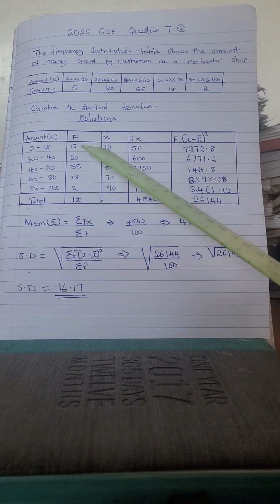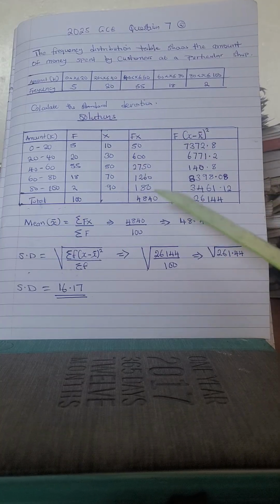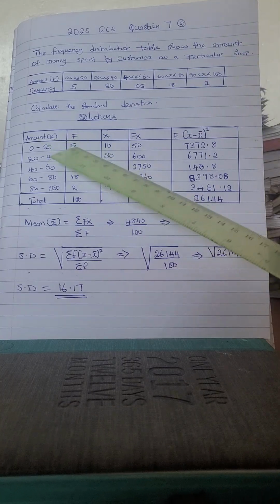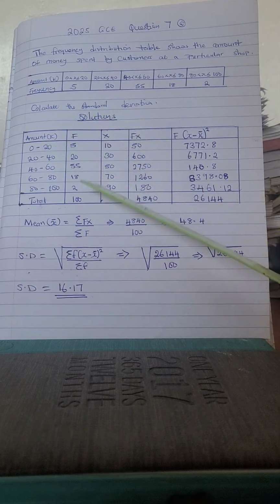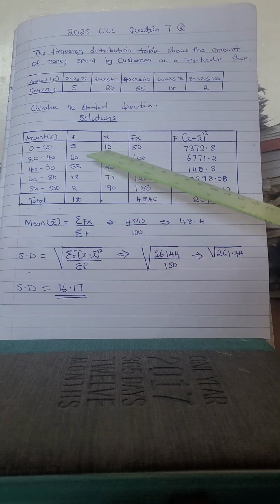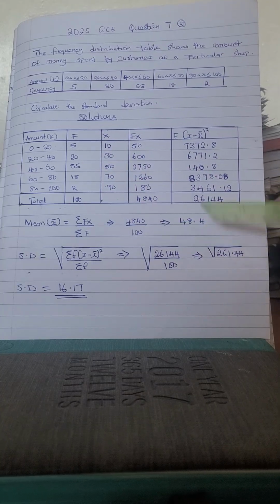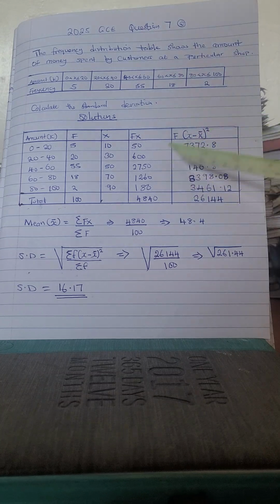After open bracket you write 10 minus x bar is 48.4, close bracket and square. Then you press equals on your calculator. I am repeating, 5 open bracket 10 minus x bar is 48.4, close bracket, square, then equals, you are going